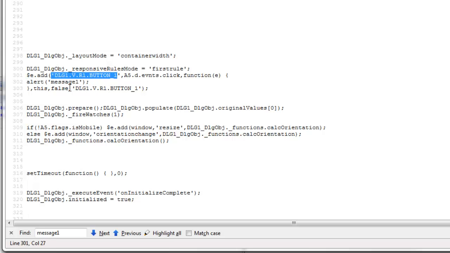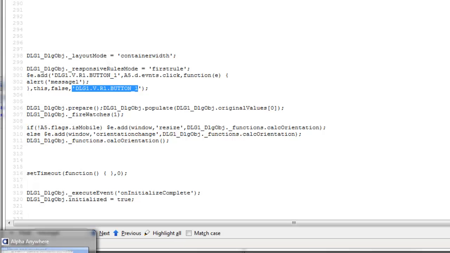And you can see that the last parameter here is a string. Now in this particular case, the string has a predictable syntax. It's using the same ID, it's using the same value as the button ID, but this is actually just an arbitrary group name. So now that we know that the event was bound initially using $e.add, let's go to the